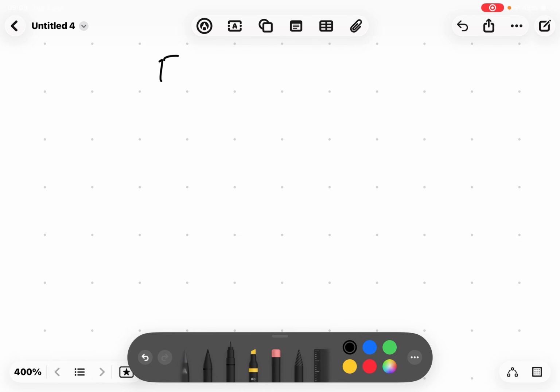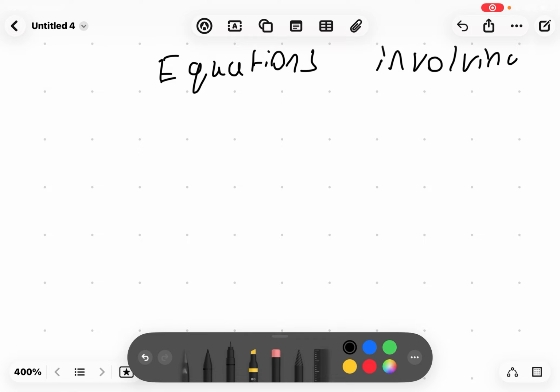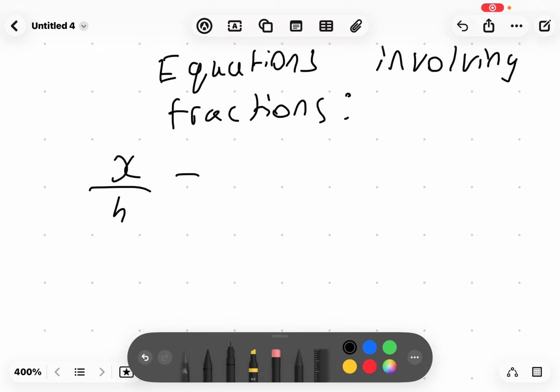And now let's talk about equations involving fractions. So let's say we have something like this. The way you do this is you have to get rid of the fraction, and the way you get rid of the fraction